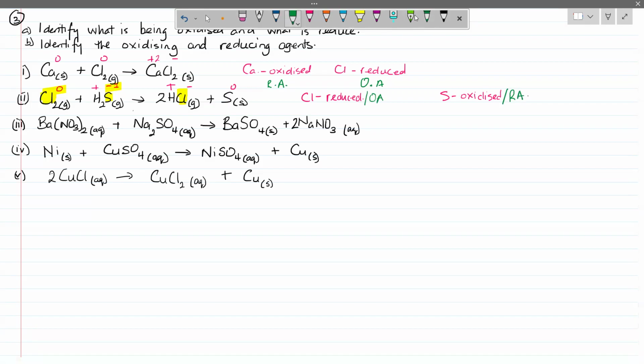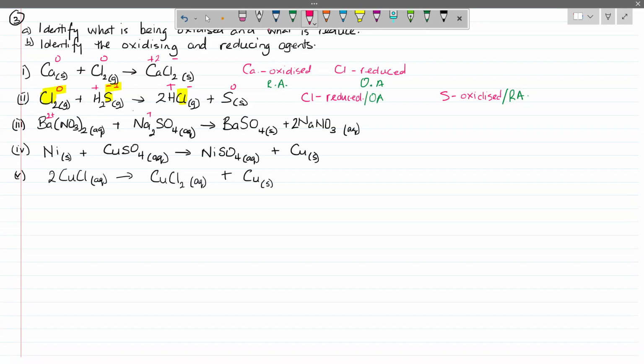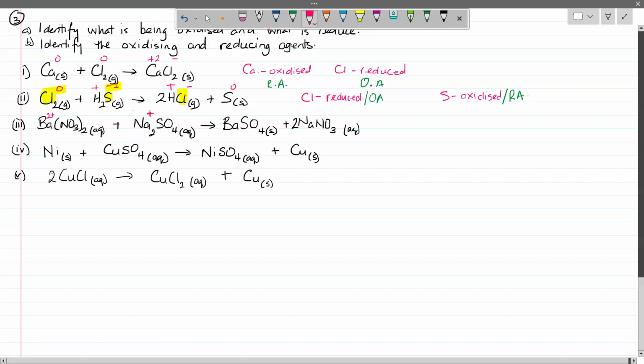Right. Then we're looking underneath here now, we're going to barium nitrate, sodium sulfate. Let's look at them like this. So barium is a 2 plus oxidation number. Sodium is a +1, right? Sulfate here seems to be operating